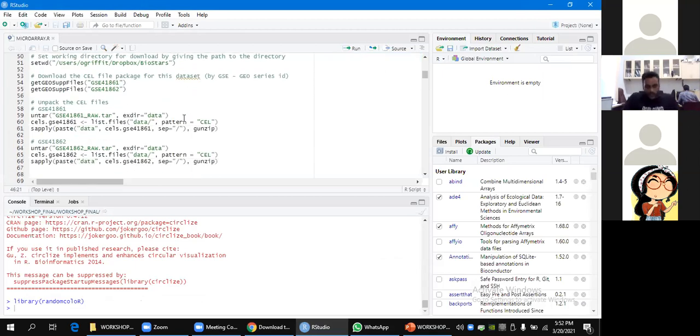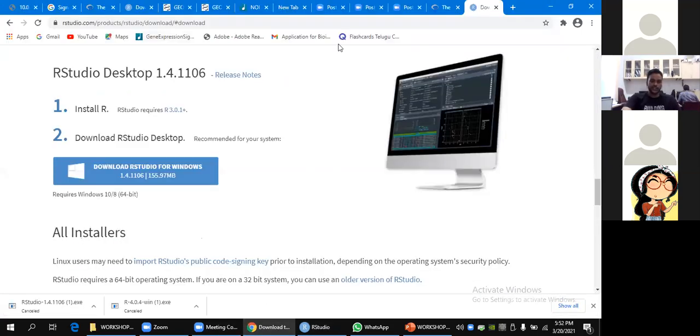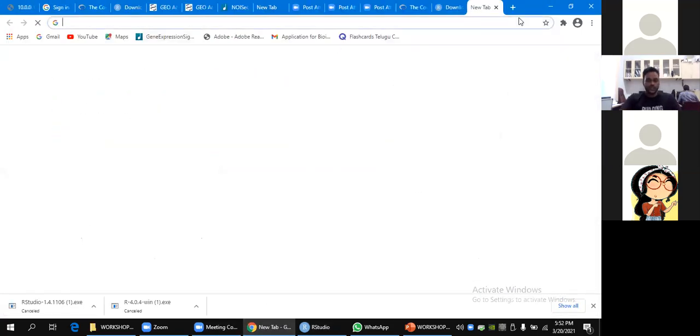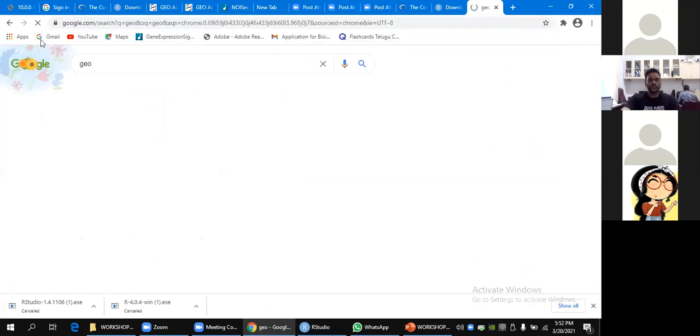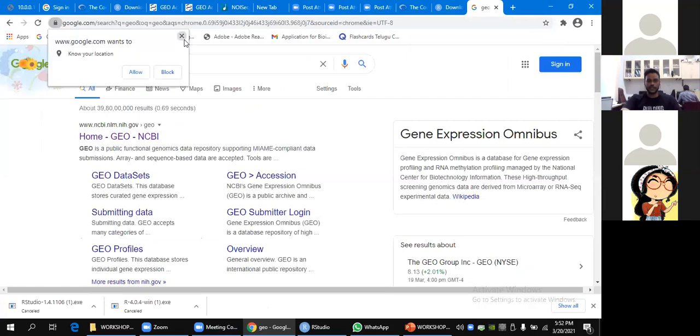So after loading the necessary packages needed for a typical microarray analysis, we are extracting two different gene expression microarray datasets. We are fetching the datasets from GEO, which is Gene Expression Omnibus.